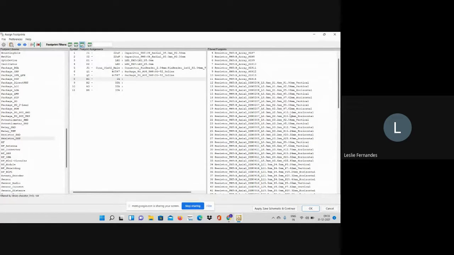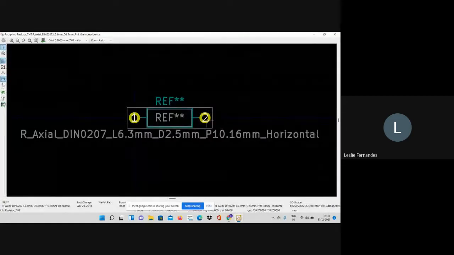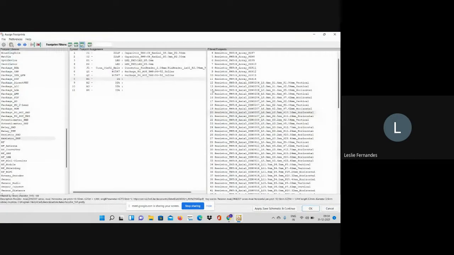So this has a 10.16 mm pitch horizontal. We'll view the footprint. It will look something like this. The distance between these 2 points, if you use this vernier caliper over here, will be 10 mm. So I will use these resistors with the 10 mm spacing.